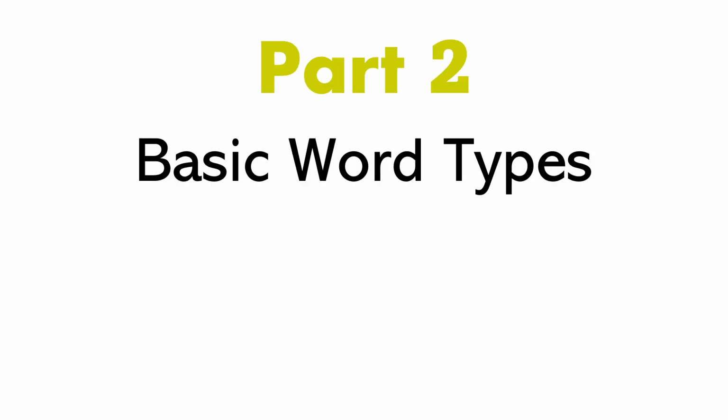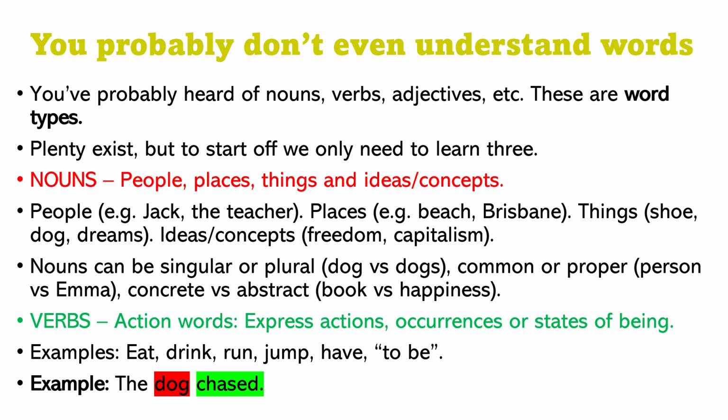Alright, part two, basic word types. This is where we start cooking with gas. I haven't really taught you anything that intense yet. I've just told you what to do, and that's great. That's what you need. You need to be told what to do because you don't fully know the order of things to learn with language learning. Here's where we actually start learning stuff. The reason a lot of people struggle with language learning, as I said before, is because they just don't know what to do.